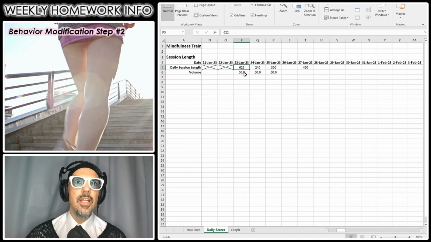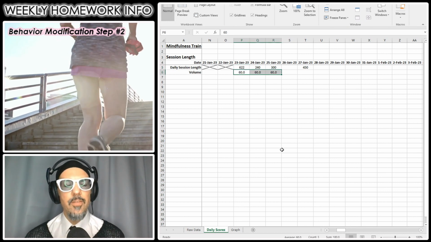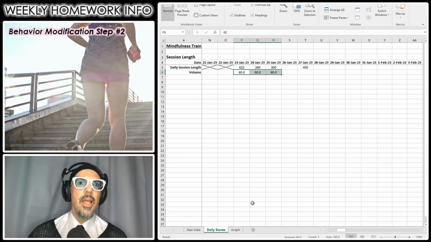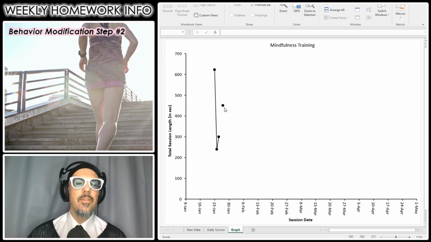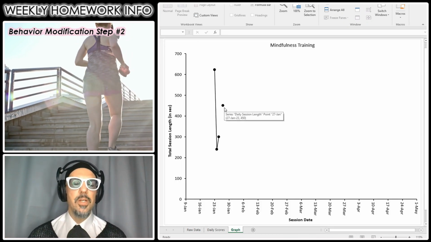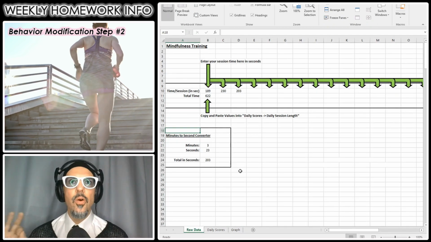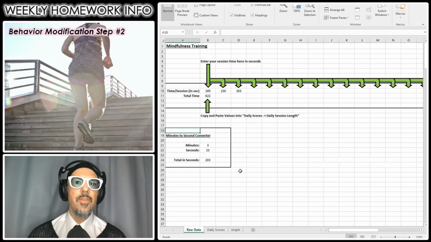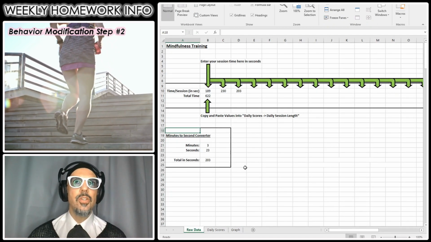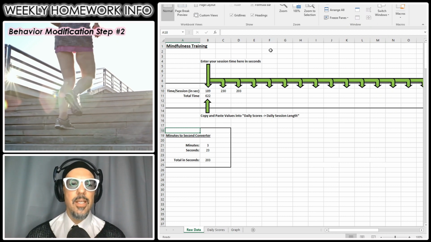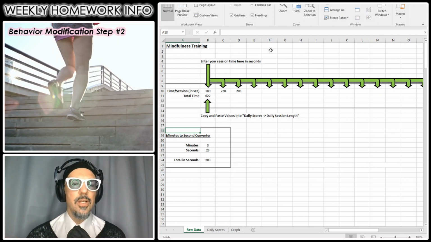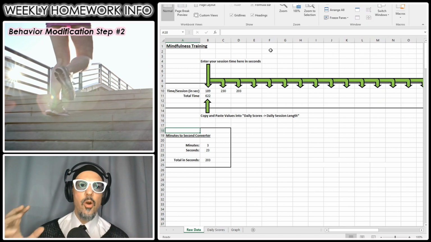And then we enter it into our daily scores, as well as the volume of the background noise that you're using. And we are looking for 5 out of 7 days for this particular behavior. All right, so once you have completed your 5 out of the 7 days, what you're going to do is save this Excel sheet, and upload that Excel sheet to the homework assignment